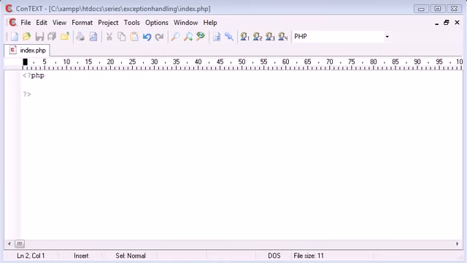Now, the next part of exception handling we're going to talk about is try, throw, and catch. What we do with try, throw, and catch is we need to try a block of code. Within this code, if we come across an error, we throw an exception, as we've already looked at. But what we do is that we then catch the exception and we can display the custom error message in